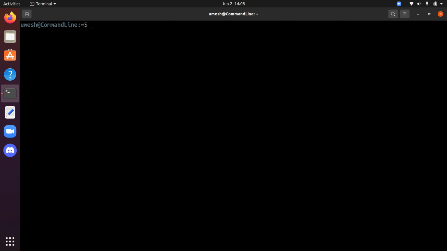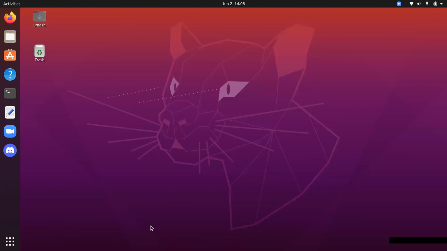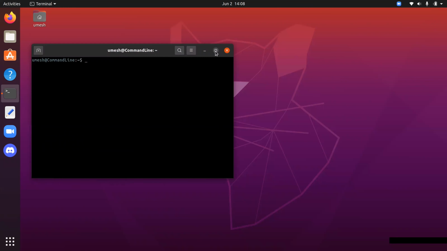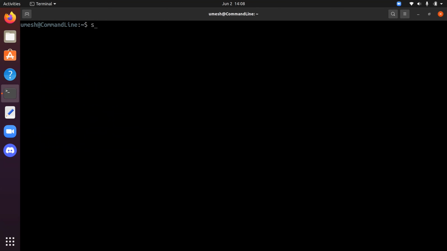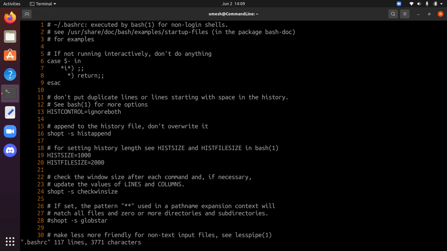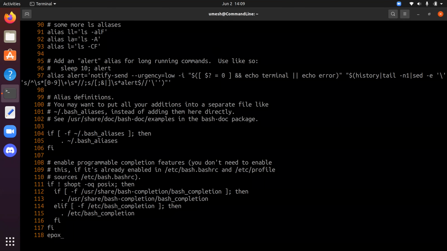But this is non-persistent. So once you exit out of it and open a new terminal, it'll be gone. But if you want that to be persistent, you have to add that line into the .bashrc file. Just go to the end of the file and add that line here. Export PATH equals PATH, home directory scripts.